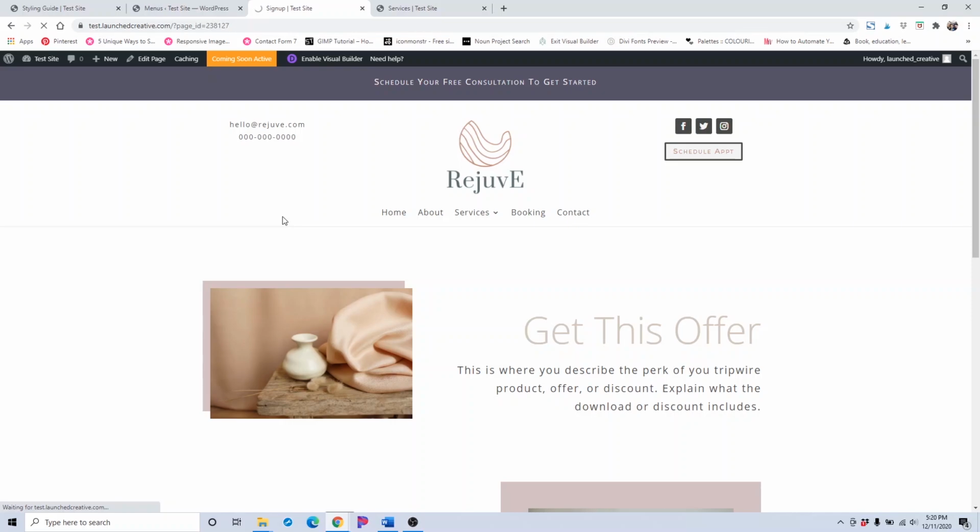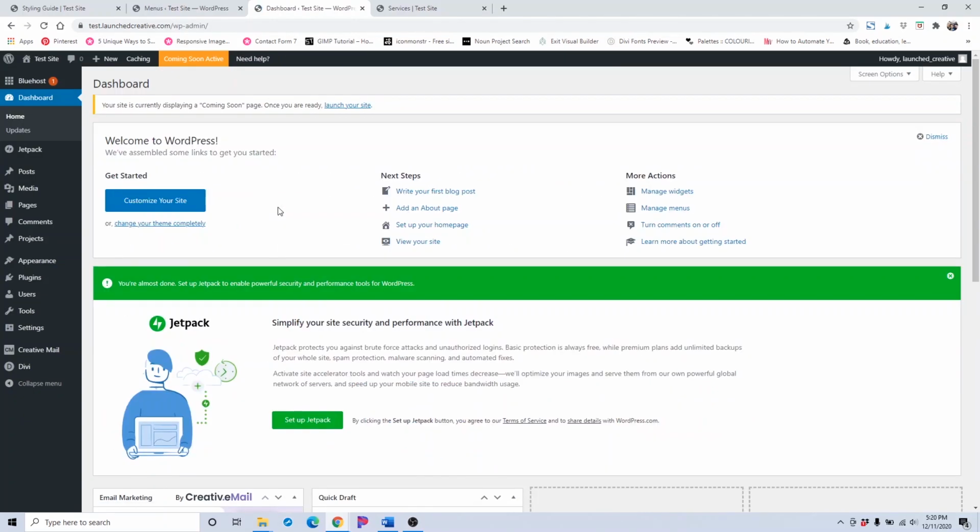Once you're in the dashboard, you will have a button if you're using Bluehost to launch your website. And then you see how it says a coming soon page is available. So if you wanted to launch, you would just click that launch button there when you're all ready and you've double checked everything and you've made sure to set the permalinks under the settings and you've set your home page in the theme customizer and you've already set that home page. Then once you've done that, you can go ahead and click launch your site and you're all done and you've gotten